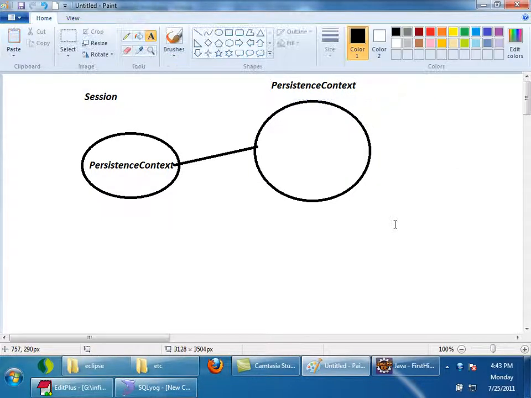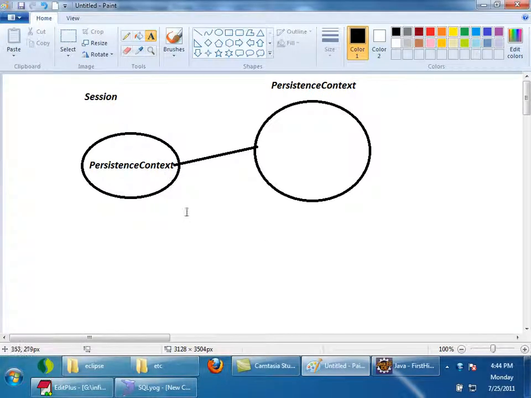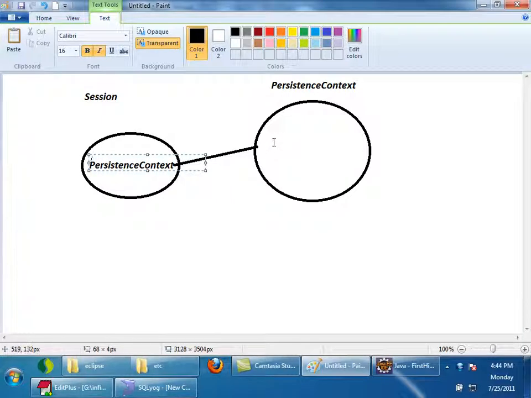Let me explain again clearly. Once I say factory.openSession, a session object is created in memory. Internally it has an instance variable of type persistence context, pointing to an object of persistence context.